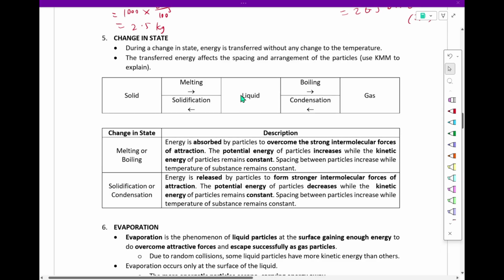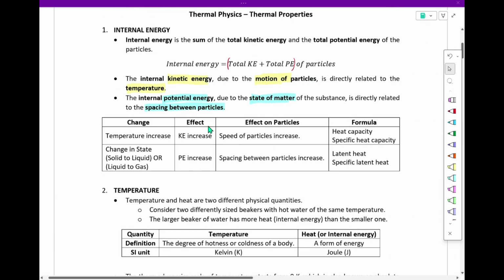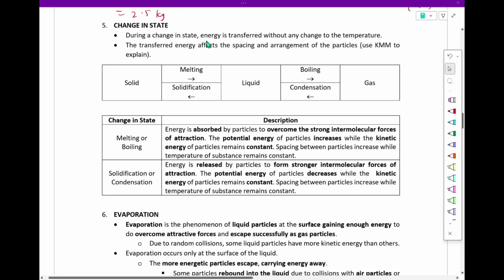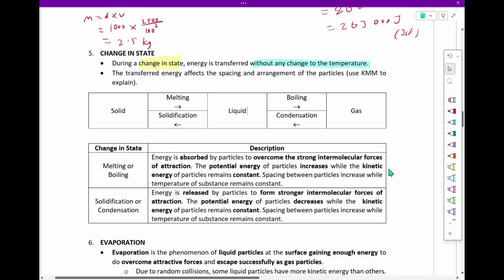In the last video, we covered the change in temperature, which corresponds to the kinetic energy of the particles. Now we're going to talk about what affects the potential energy of the particles, which is actually the state of matter itself. You can think of change in temperature and change of state as exclusive, which means you can only have one happening at a time. So if I change state, I can only transfer energy without any change in temperature, which means my kinetic energy remains constant. Maybe we can jot it down over here that the KE of particles